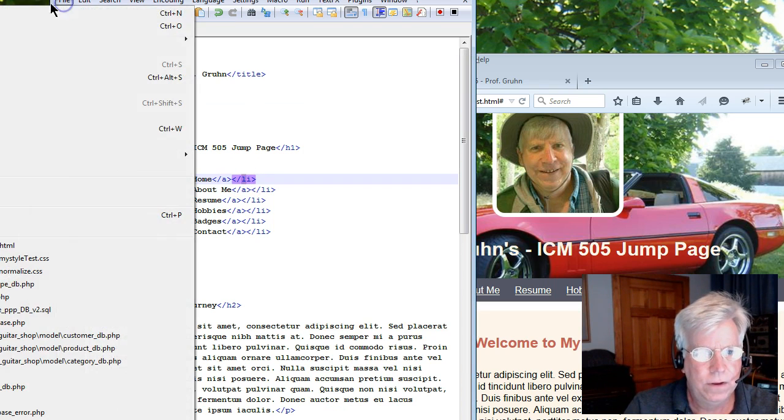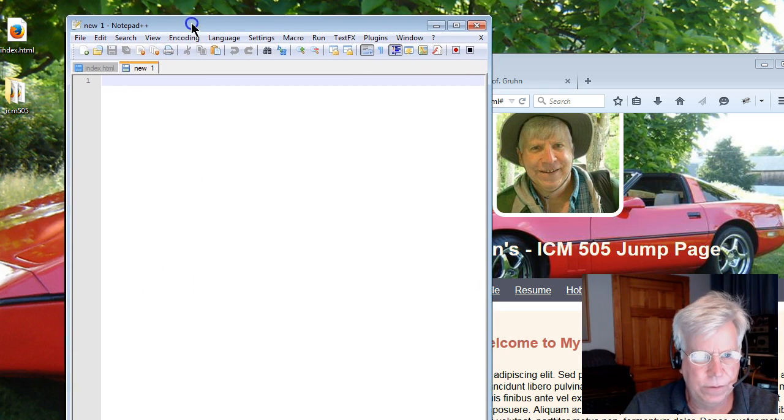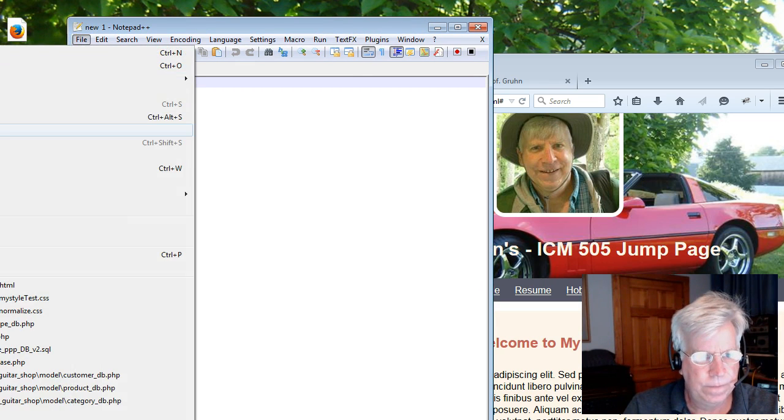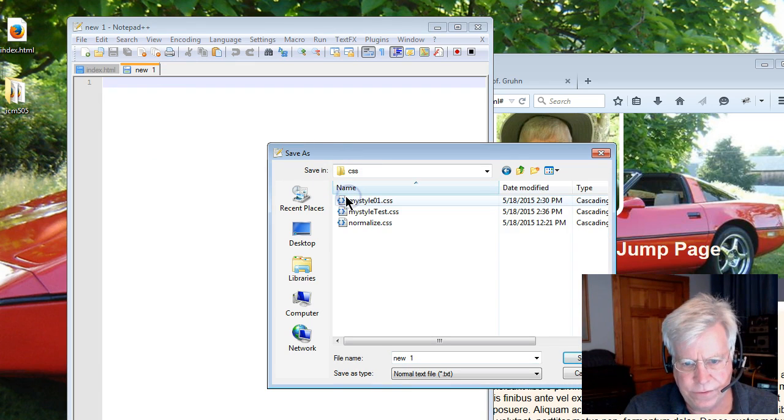So if you go File, New, and we're going to call this, well, let's do a Save As right away. Let's go File, Save As, and we're going to put it in the CSS folder. And I already had that there. So we're going to call it,